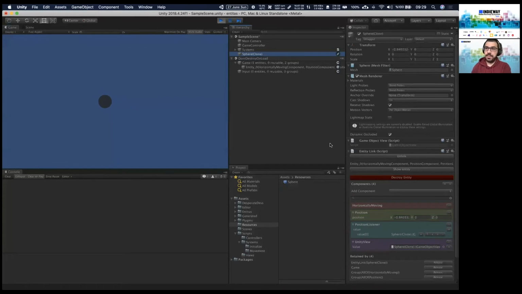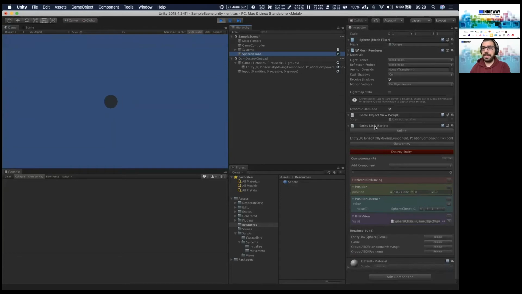Just like I have mentioned, it has got some visual tools. And when I do the link on this game object, on this game entity, we see what entity it is being connected to. And then here I see the movement of the entity. It has got a component, a list, so on and so forth. Okay, so Entitas, where it shines.